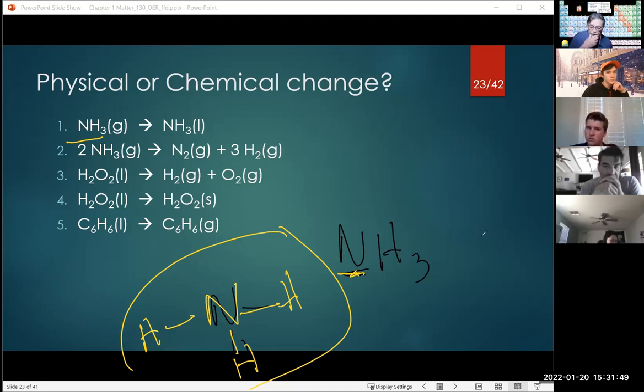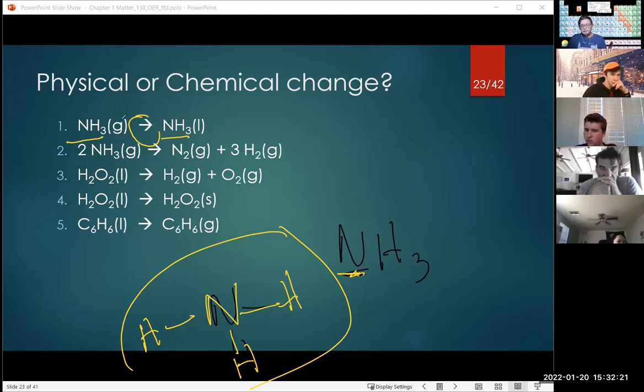You're familiar with ammonia. If you ever used any ammonia window cleaner, that is the formula. Nitrogen with 3 hydrogens bonded around it. And so we see NH3, okay? We see the arrow, and then we look at the product side, we have NH3 again. So that tells you, hopefully, that nothing happened chemically, because I still have NH3 in the beginning and NH3 at the end on the right side of the arrow.